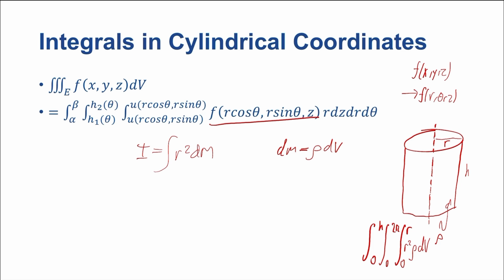Now, it's a little bit complicated, but as you can see, these integrals become a lot easier, especially when your functions are not of the same variable. If you can separate them by multiplication, you can do the integral between 0 and h of dz if there's a function f of z, and then the integral between 0 and 2 pi of d theta, or whatever function of theta you have, and then you do the integral between 0 and r of dr, or r